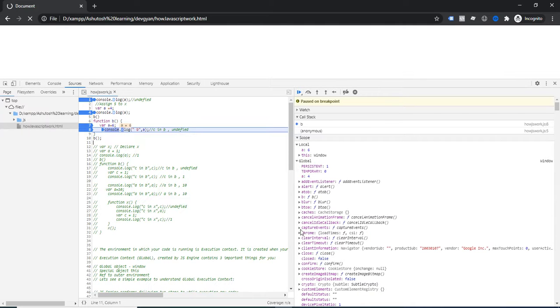So you can notice that the global doesn't have any reference to the local. It means through the global you cannot access any property of the functions. Nowhere is it available. But you can notice here that the local has the reference, or in its memory has its parent, so this is this or window.